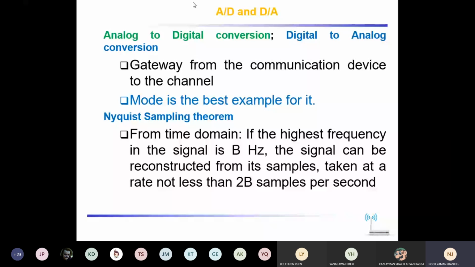Like what we are doing now, this is analog signals. How it is coming to you, reaching your side as analog signals, so you are able to listen to me. But when traveling over the internet, they are converted back to digital signals again. So the conversion is there: when I'm talking to you, it's analog signals. When these data packets are transferred over the internet, before that they are converted to digital.